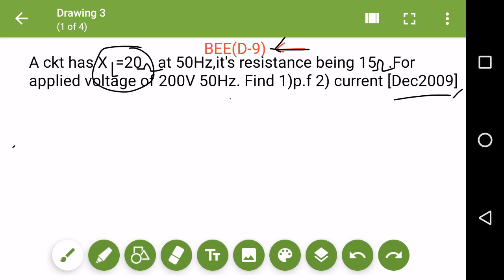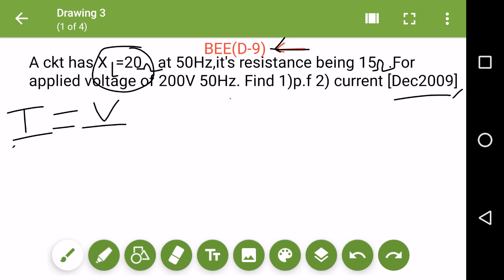So what is given is the inductive reactance and the resistance, and the total voltage is given to me. I need to find the current. From Ohm's law we know that the formula to find the current is just I equals